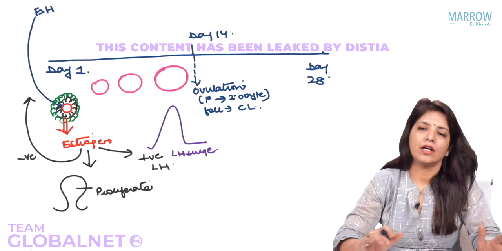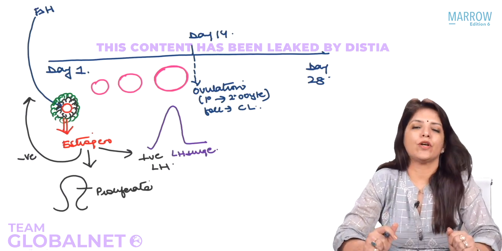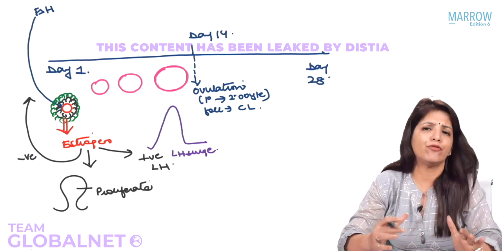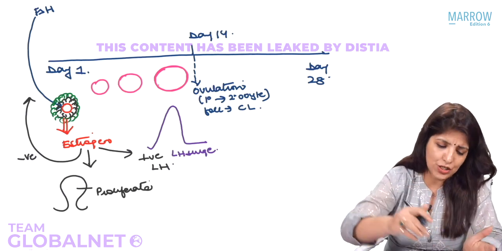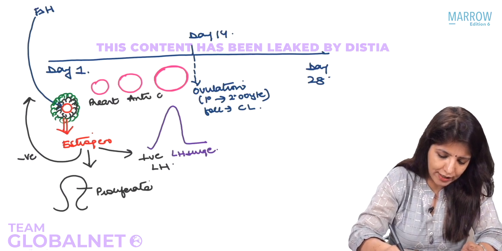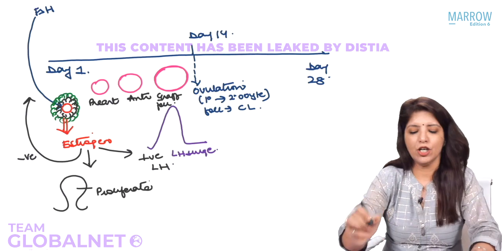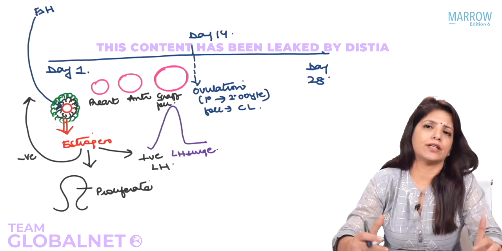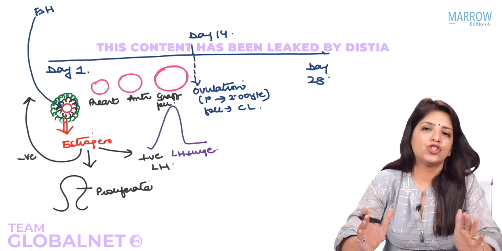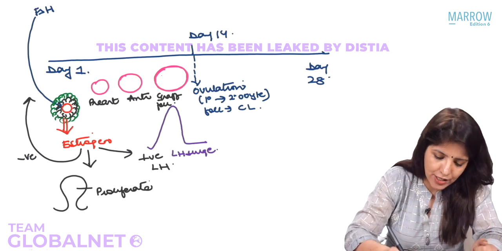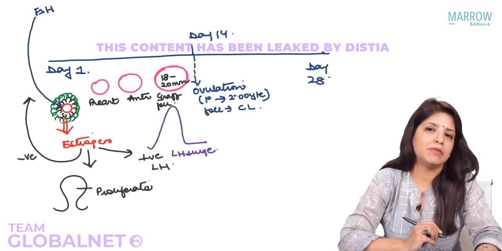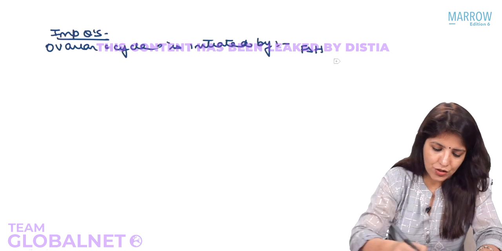Right? Now, let's talk about a few questions. One question they ask you is, what is the size of the follicle? Now, this follicle has got different names. The dominant follicle which is growing in different stages will have different names. It will be called the preantral follicle, the antral follicle and the Graafian follicle, right? So, they can ask you about the follicle, the Graafian follicle or the antral follicle. So, what is the size of the follicle just before ovulation? The size of the follicle just before ovulation is 18 to 20 millimeters, right? So where you are writing questions, right there.